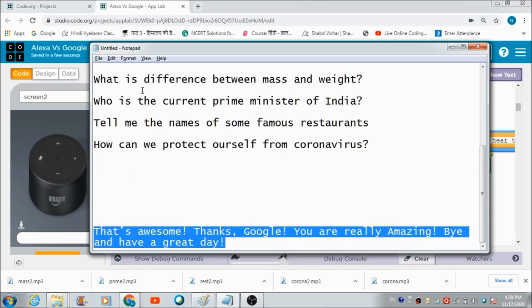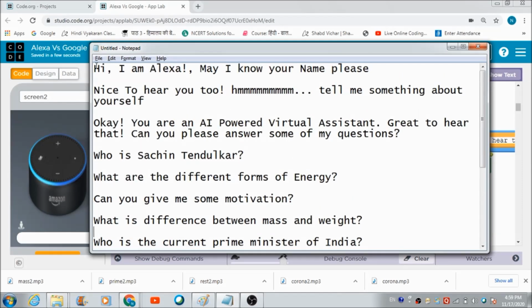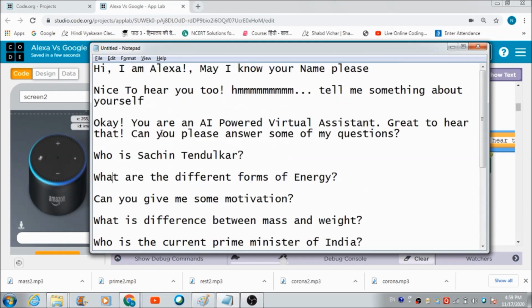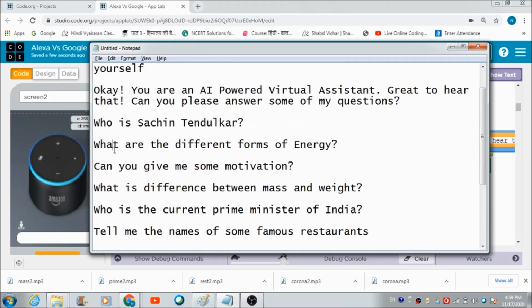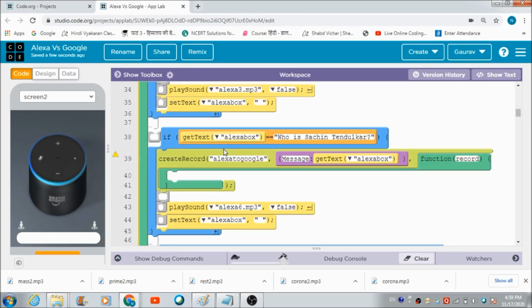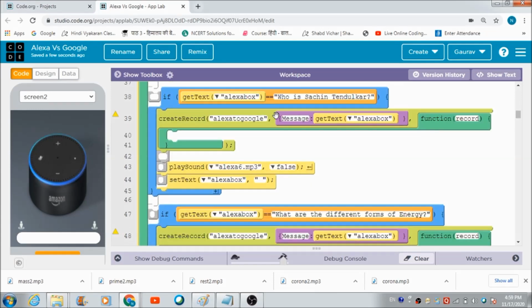So I have fed a couple of questions. These are the questions, 1, 2, 3, 4, 5, 6, 7, 8, 9, 10. These are 10 questions for which I have coded this app. Okay, who is Sachin Tendulkar?